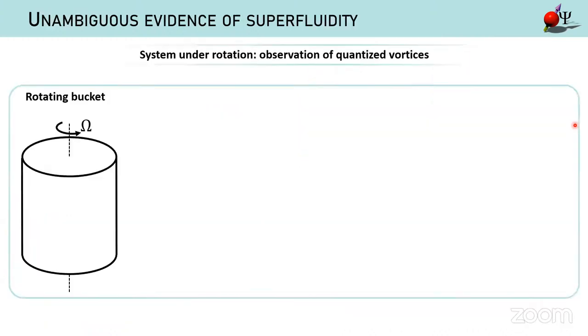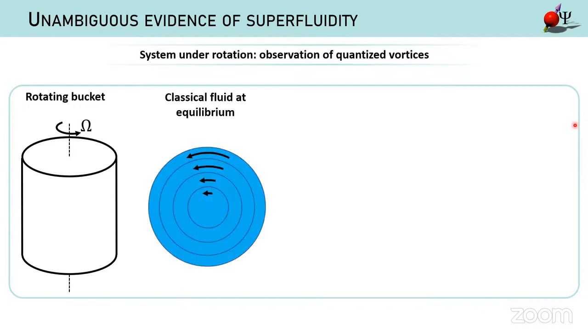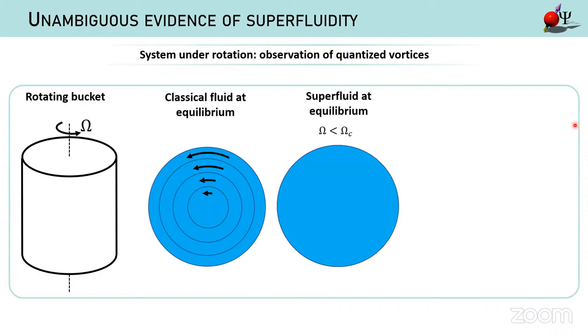Well, the study of the system under rotation, and in particular the observation of quantized vortices, is one of the most unambiguous evidence of superfluidity. Just to summarize very quickly, if you have a bucket rotating at a certain frequency omega, and you put a classical fluid at equilibrium inside, this fluid would just rotate together with the bucket. If you now put in a superfluid and you rotate very slowly, the superfluid would just stay at rest. It would not move at all. If you increase the